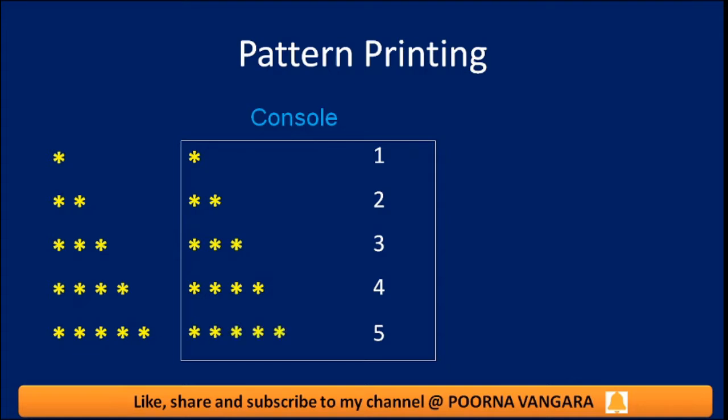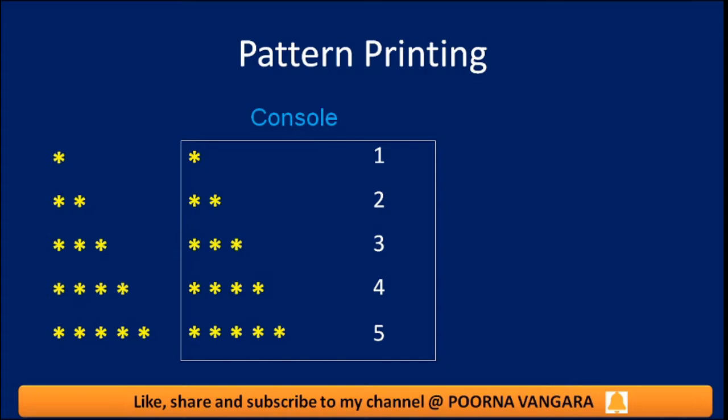As of now, please concentrate on the line numbers. We will see how many times we are printing the stars in the next slide, but as of now please observe how many lines you are printing, or how many rows you are printing. So this 1 2 3 4 5 will give the line numbers or the row numbers.